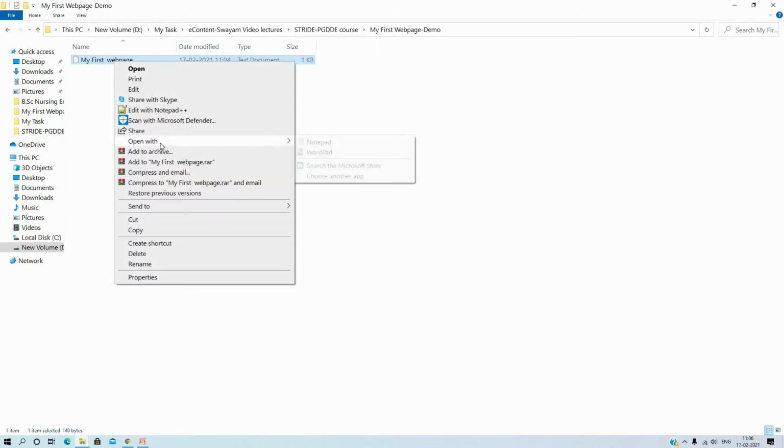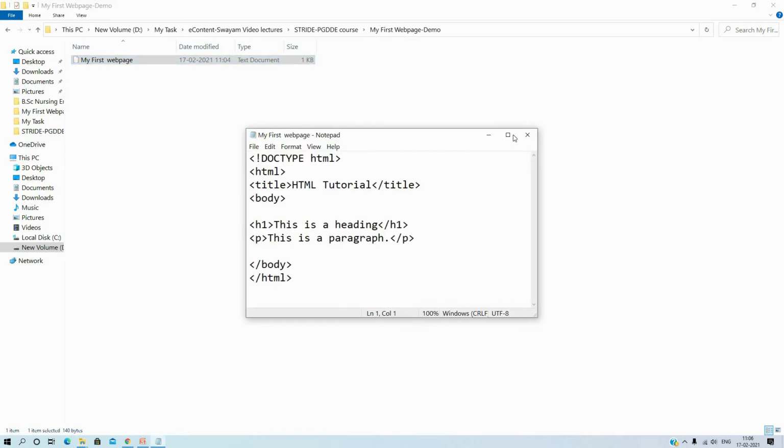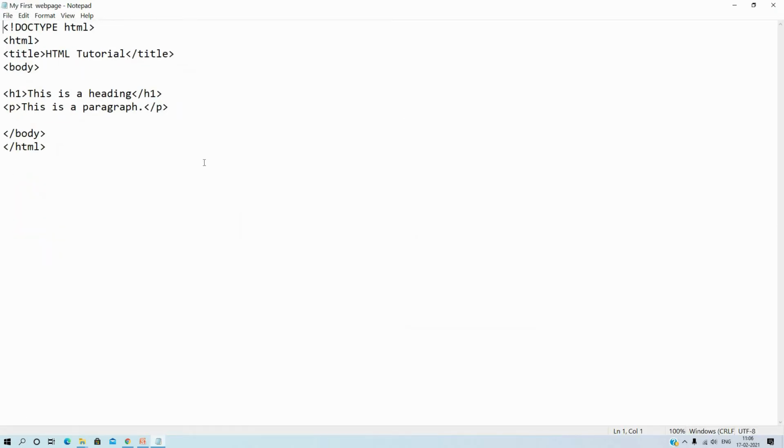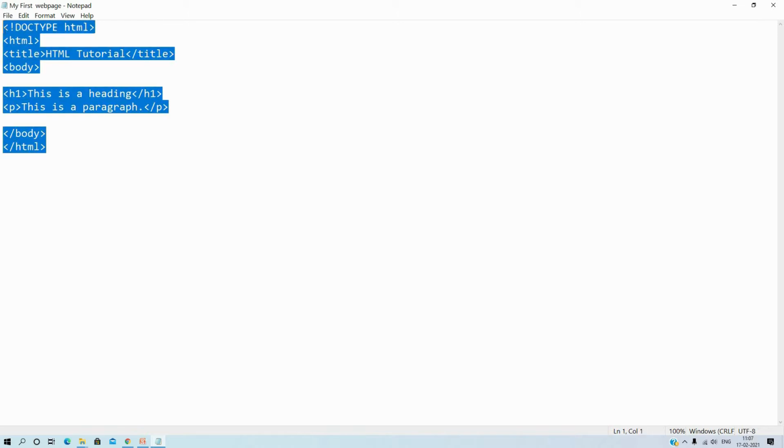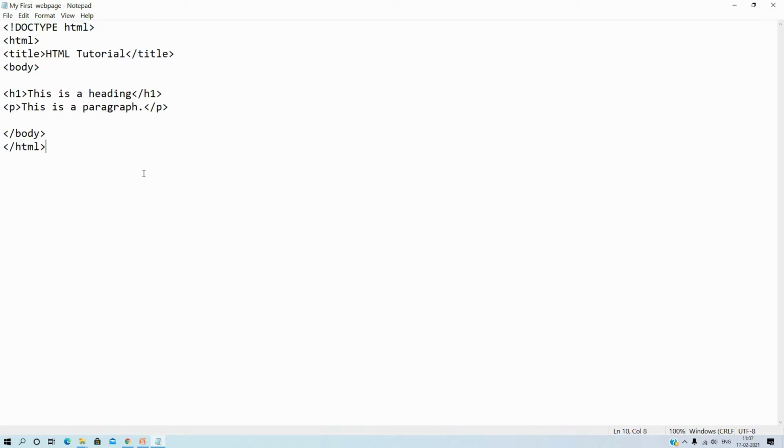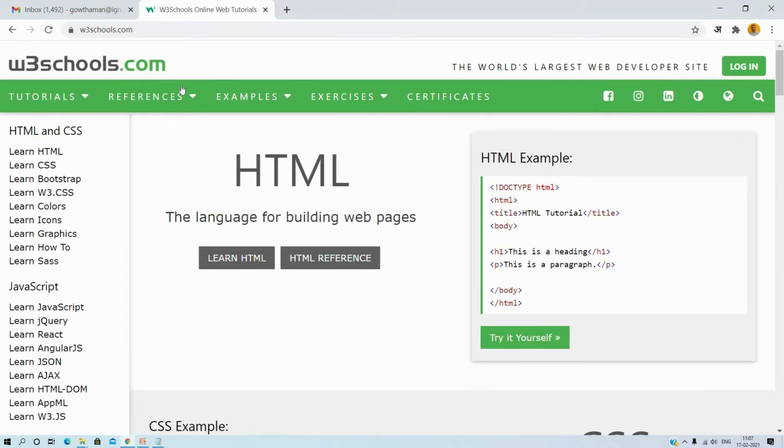See, the simple thing is you have to open Notepad. In Notepad, you type the document type and then the HTML tutorial, just one line. Then put on the heading elements H1 and H2, and we have to run it. Still, if you want to know more details, you can simply visit w3schools.com, where HTML is available,